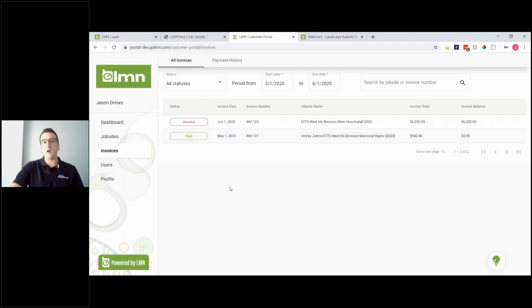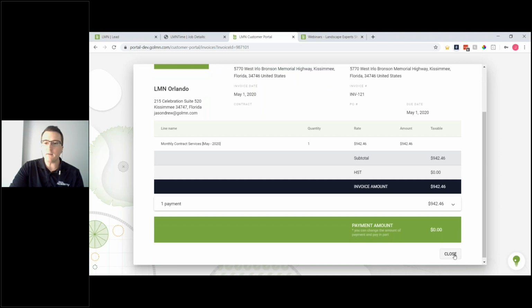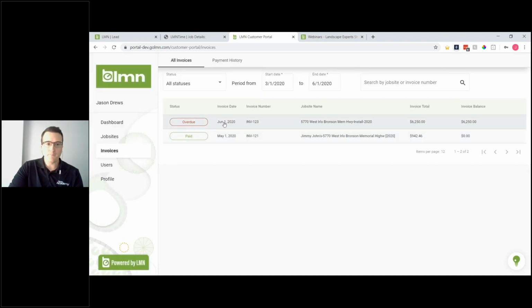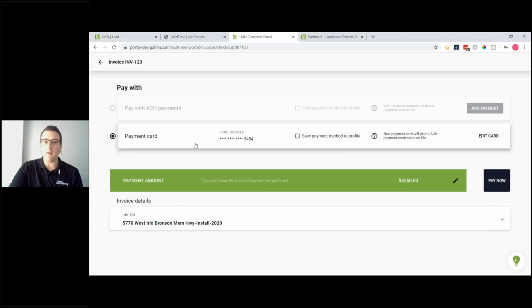So this is where the client can kind of log in and see what invoices they've paid, which ones are overdue that they can pay. So again, this is like your client's view of bills that they'll need to pay. So this one, it's already been paid, so they can pull that up at any time that they want. And then in this one that's overdue, they can go check out and pay with a credit card here. Little sneak peek there that this is coming soon as well. And we can maybe talk about that later if we've got time. But so that's all they would have to do. They can pay now